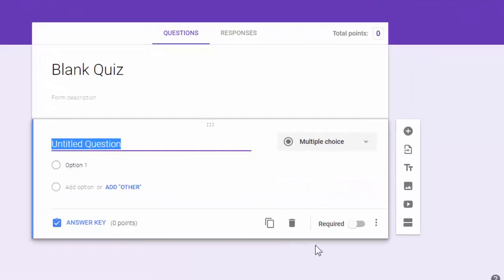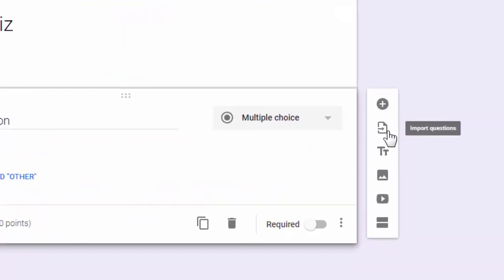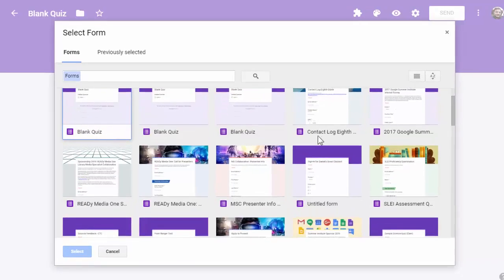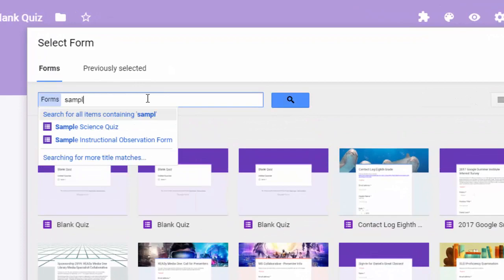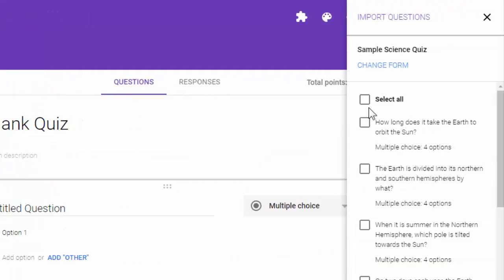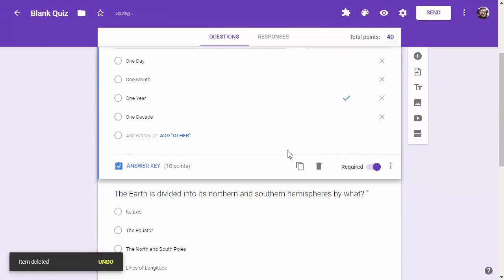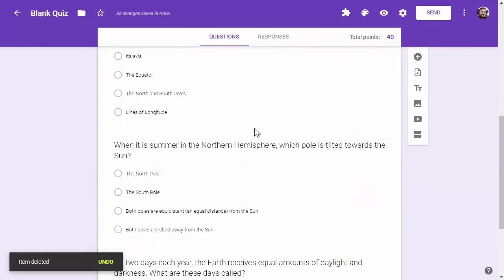And as you're editing this, one of the types of questions you can use here is import questions. So if you click on import question, you can show quizzes that you've used in the past. And then I can come in and choose which questions to bring in, or all of them. So sure, let's bring in just these 3 and import those questions. Boom. Now, this is pretty awesome because it comes in with the quiz and the answer key